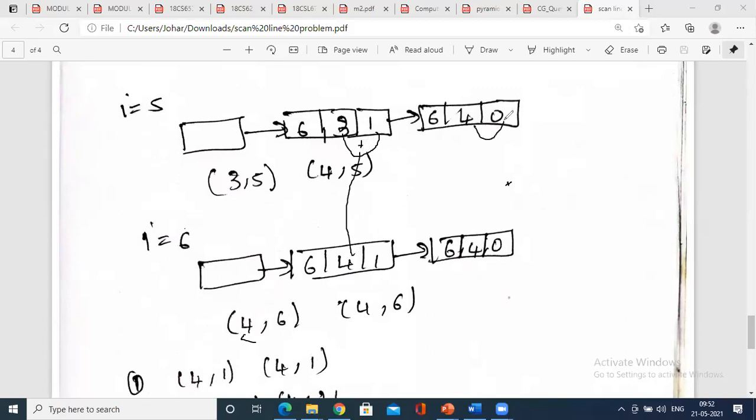Again 4 plus 0 is added, it is 4. Slope remains the same, 1 by m remains the same. So again 4, I draw the line for y equal to 6. You have the same thing. So x value will be 4 and x value will be 4. So 4 6 to 4 6.